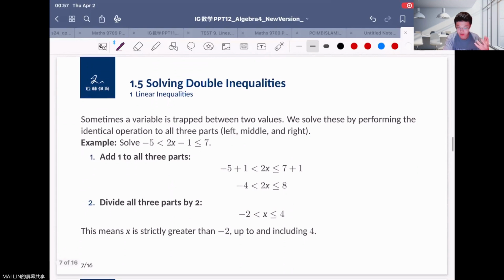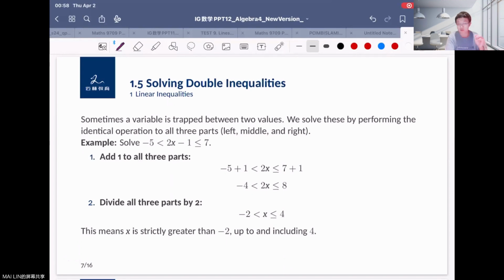And here's how we solve double inequalities. We are also dividing it into two parts. So maybe first we can eliminate the constant number -1. First, you can add 1 on all three parts. So that is